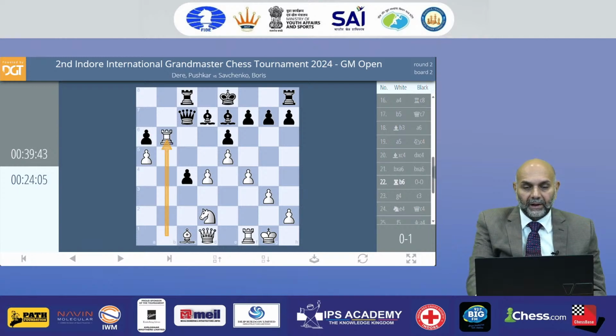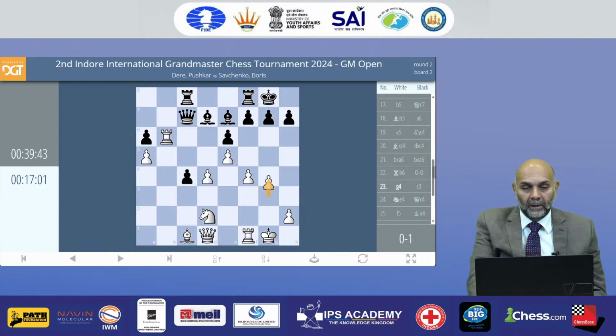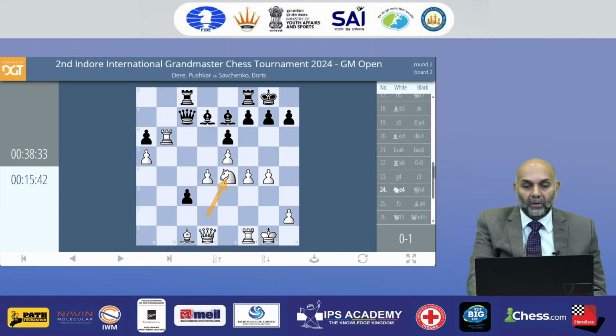So let's see what succeeds. Okay, white somehow doesn't want to improve the position of the knight and the bishop. I think improving the position of the knight and bishop was more logical. Trying to put the knight on c3 was a good idea, and also trying to find a square for the bishop would have been better than what happened. So white wants to open up the king side. Yes, now it's going to be a dangerous game, but the activity of black's pieces is good enough for black